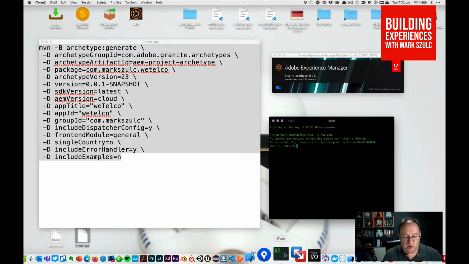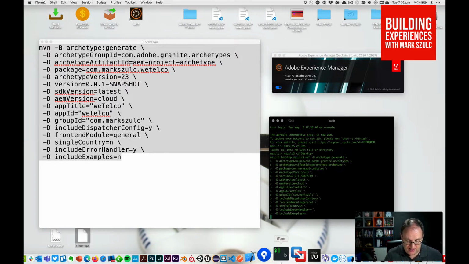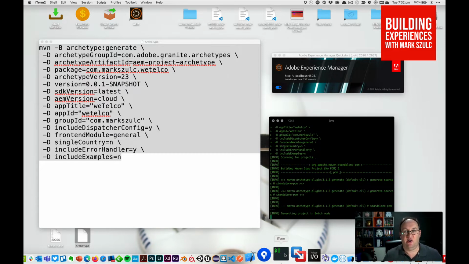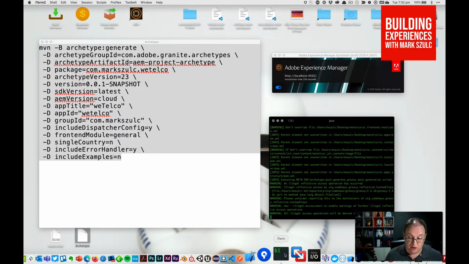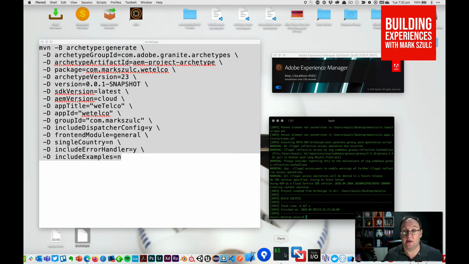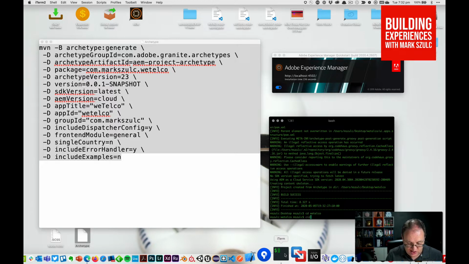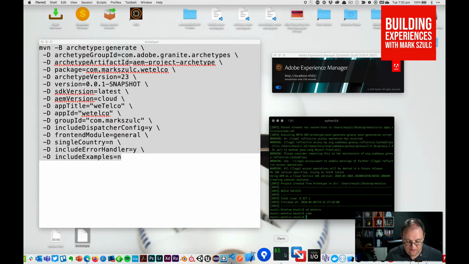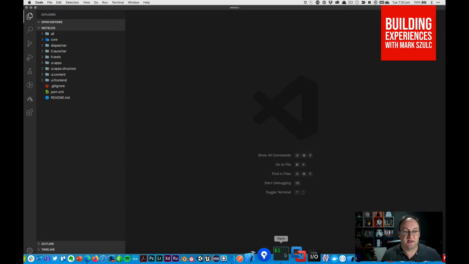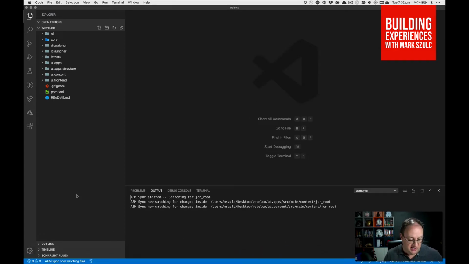We'll come into my terminal. I'm just going to change the desktop for the demo. Let me try that one more time. All right, and we run this. And it's now going to go through and download the relevant parts off the internet and give me back that project folder on my desktop. So we're done. We now have a live AEM project. So let me go into the directory, if I can spell correctly. And let's just open this up in Visual Studio Code. That's the editor I've been using for the last year or so,